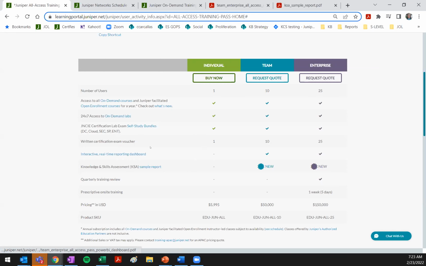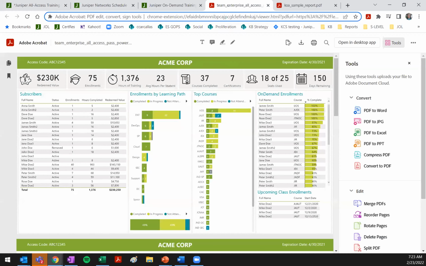We also have a real-time reporting dashboard. This is just an example for Acme Corp, but it shows you the value that you get from the All Access Pass. For example, if your whole team has it, it'll have a breakdown here of how many courses the team has completed, and it actually shows you the value of the training that you've received. So it's kind of a neat visual. It shows you what the top courses are that your team is taking and so forth, and what topics in the learning path they are pursuing. So that's one thing, the